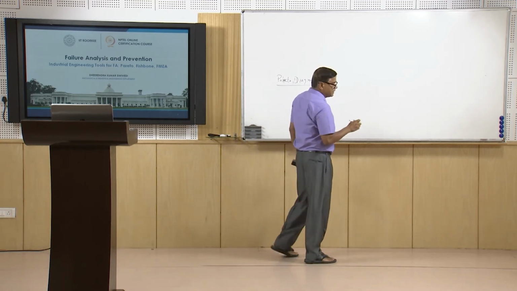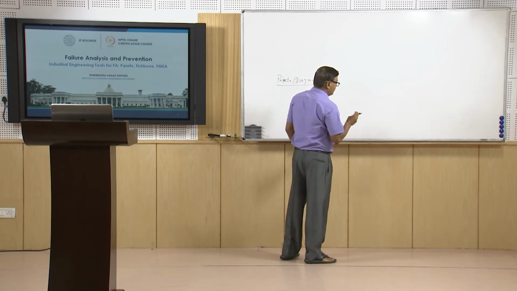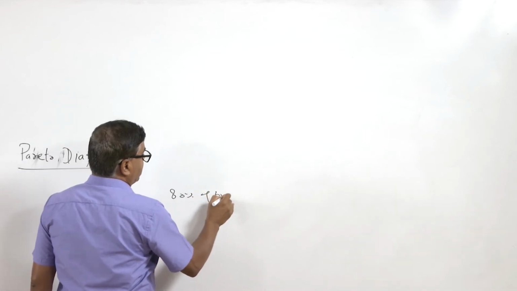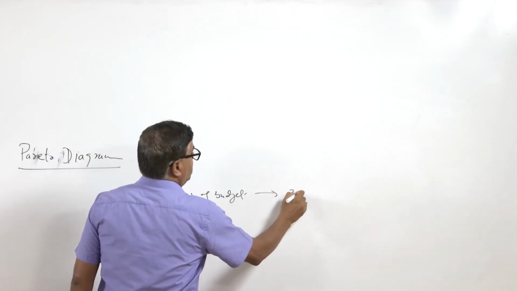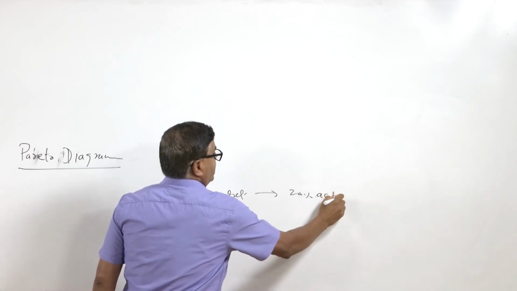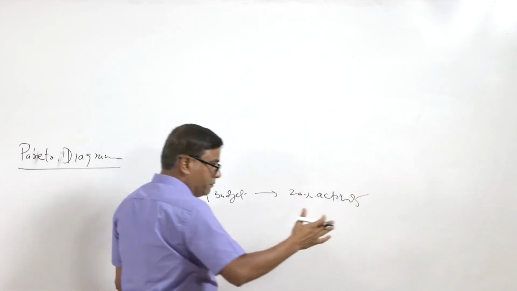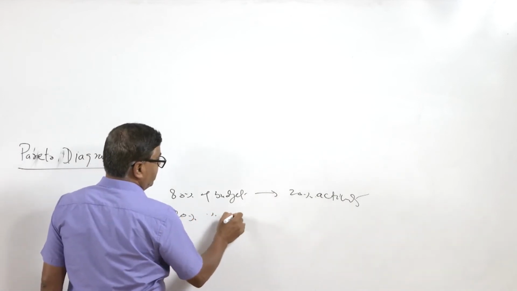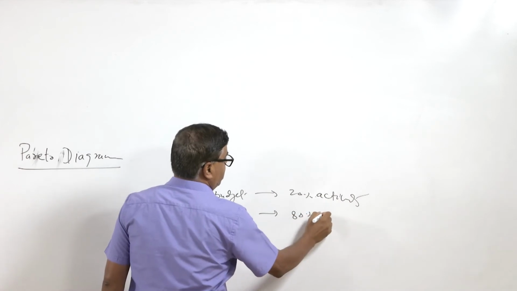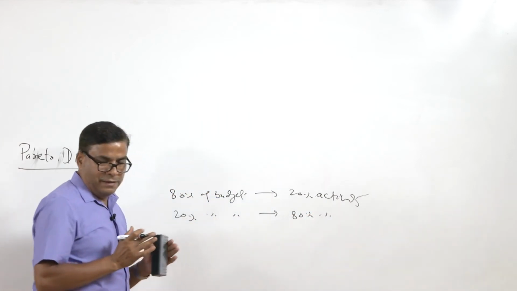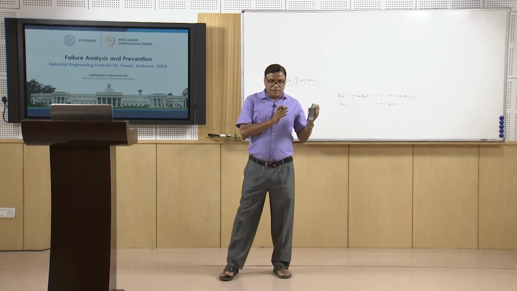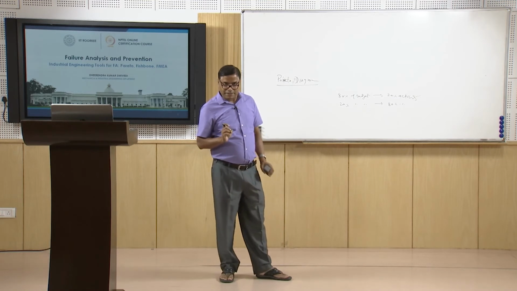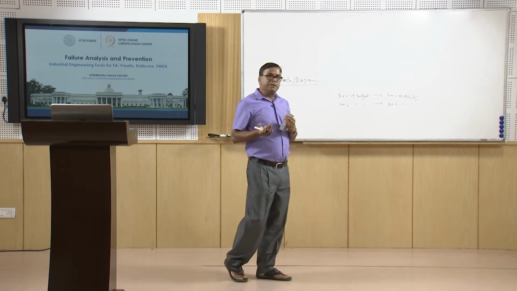The same thing is also correct to some extent in our daily life, like 80% of our budget goes on 20% of the activities or events that we come through monthly. Similarly, 20% of the budget will be going on 80% of the activities that we need to do. Similarly, 80% of the time the failure of a particular component will be taking place due to 20% of the causes. So, this 80-20